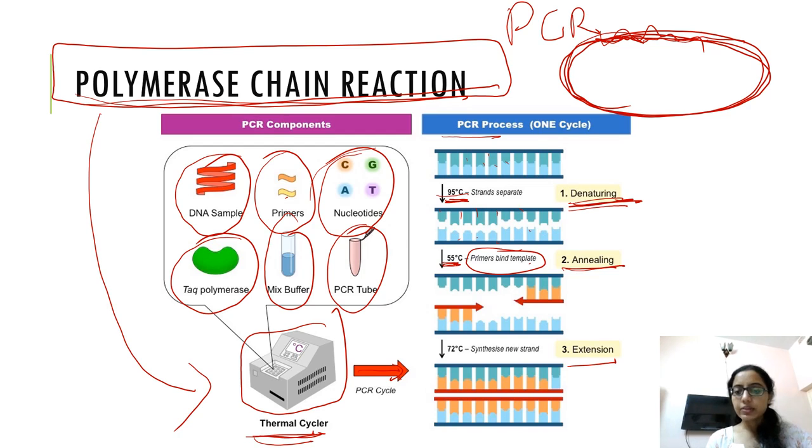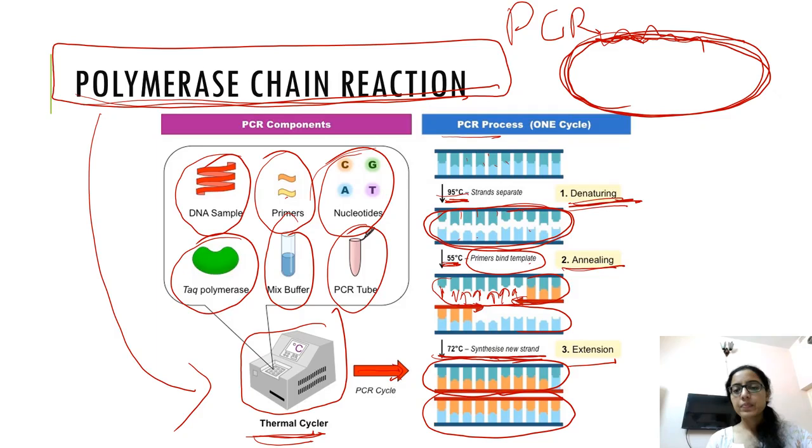These primers will initiate the joining of nucleotides. We had only one chain of DNA. Here nucleotides are added and the primer will add nucleotides to the complementary strand, and we get two chains. Extension occurs at 72 degrees Celsius. The synthesis of the new strand occurs. A new DNA strand has been synthesized. How? By using Taq polymerase enzyme, which is added here.